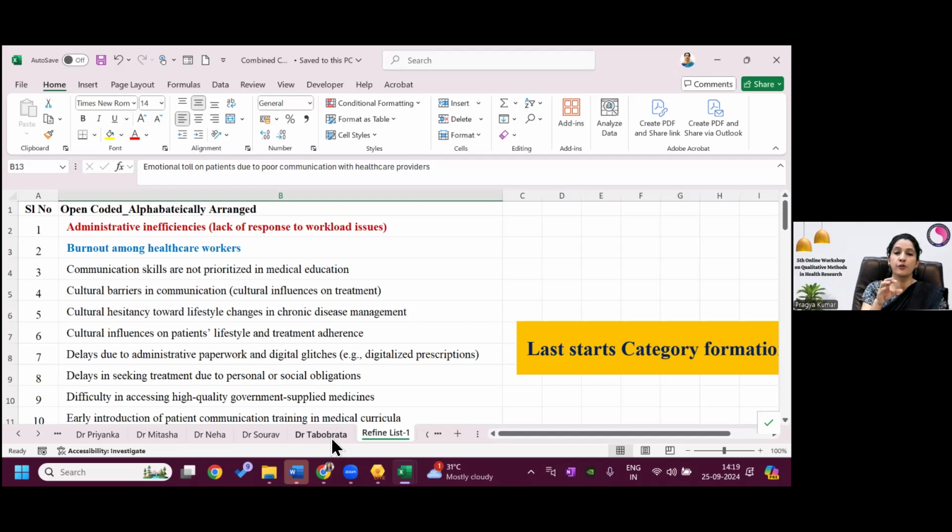You might attempt something similar, if not with 10 people, then at least two people should do the coding, share their code book, and decide through consensus during the refinement of codes. Second, if there are multiple people, like 4, 5, or 6, then there should be one person as a code editor, and the decision of the code editor will be final.